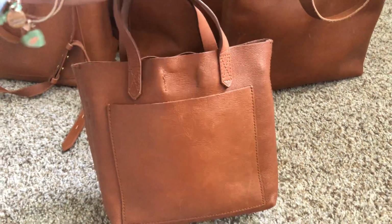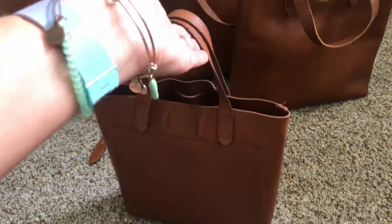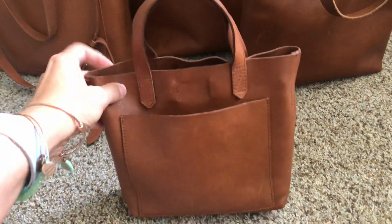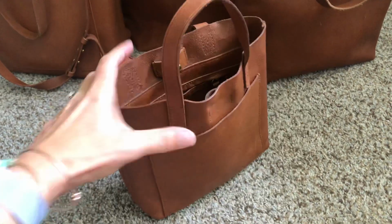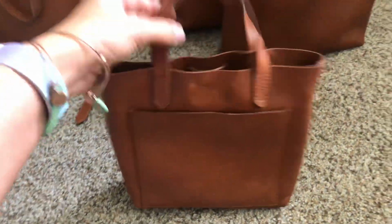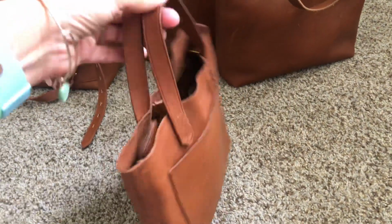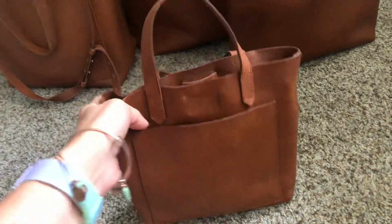I'll start with this smaller one here in the front, and forgive me for not knowing the name of this, but I believe I want to say this is the Mini Transport. It's still available on the website, madewell.com, sorry. And this bag is really small. I need to actually have a measuring tape out here probably for you, but I bought this bag used off of a Facebook group. It's actually a Madewell